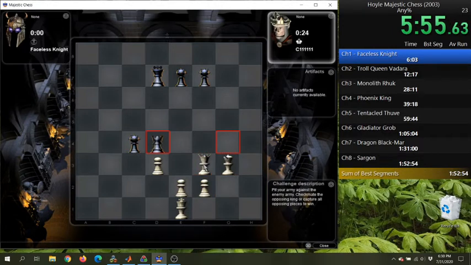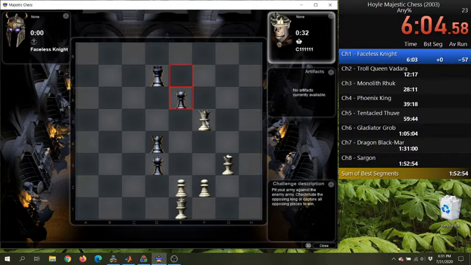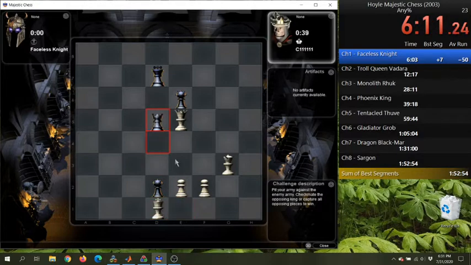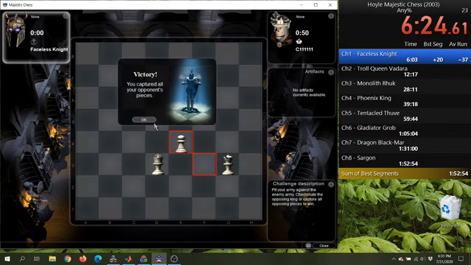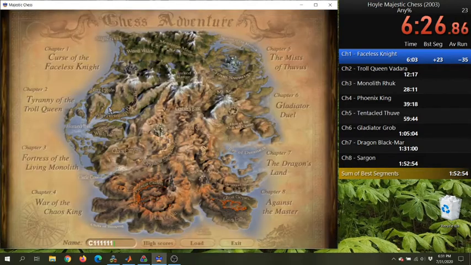And once again, they usually just have you not worry about completing the whole thing. Just whatever, that's fine, yeah. Just capturing all their pieces. Okay.